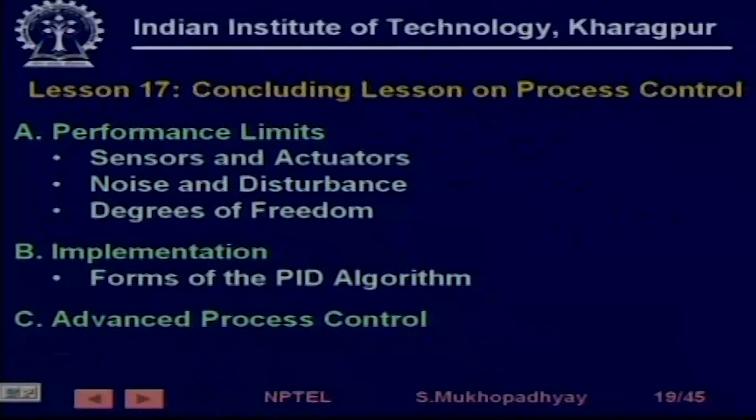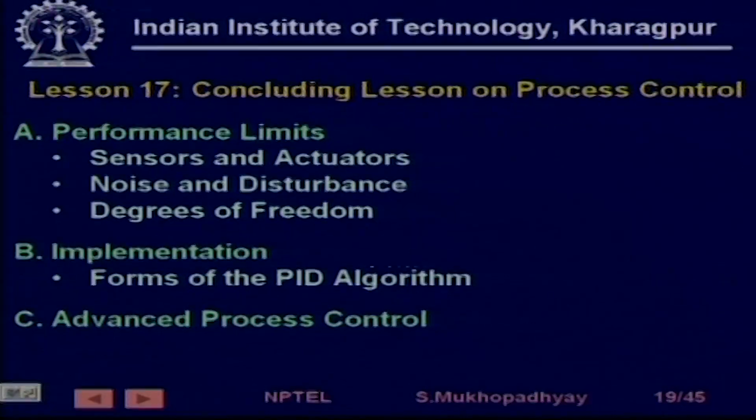And similarly, we have limitations on sensors and we also have limitations on the process dynamics, or in other words degrees of freedom, that is, things are related and it is not possible to have absolutely independent control all the time. How much independent control you can actually achieve depends on the degrees of freedom. So, these are some of the factors that actually limit control performance of industrial systems.